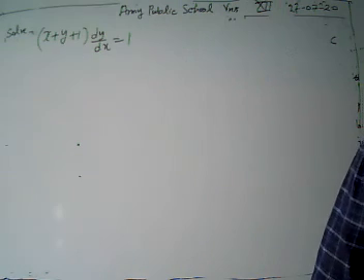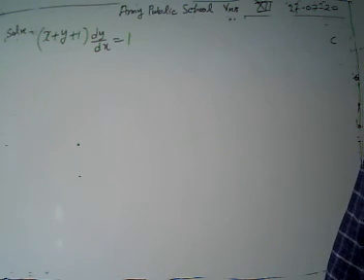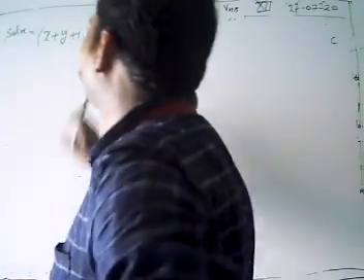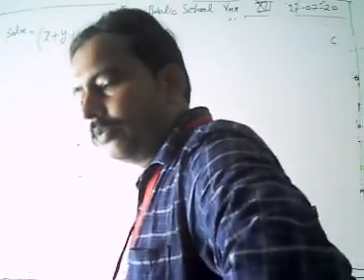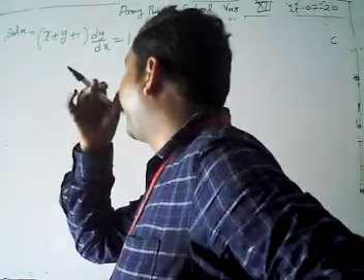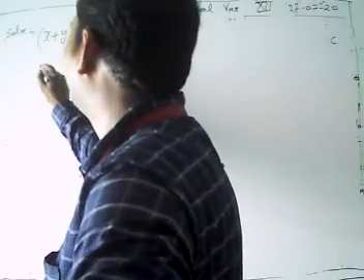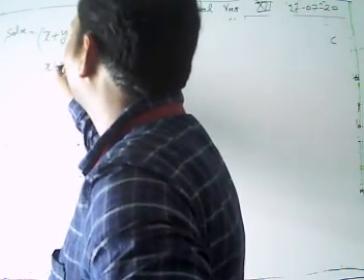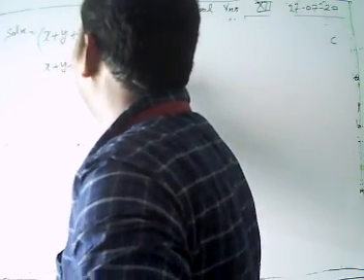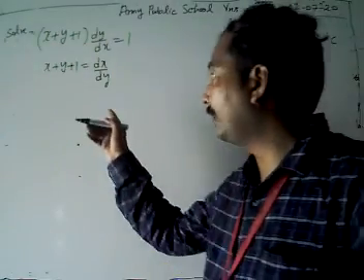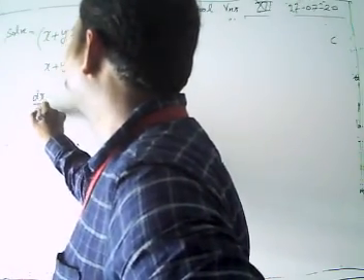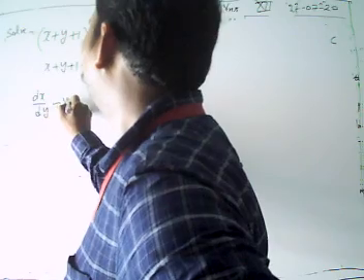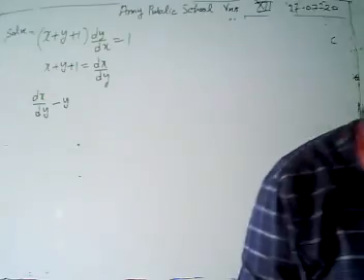What do we have? We have x plus y plus 1 into dy by dx equal to 1. What do we do? Again, we cannot separate it, so we have to convert it into our dx by dy format. Then our differential equation can be written as x plus y plus 1 equal to dx by dy. Yes, we can rewrite it, then dx by dy, and take minus y. We have converted it into dx by dy.